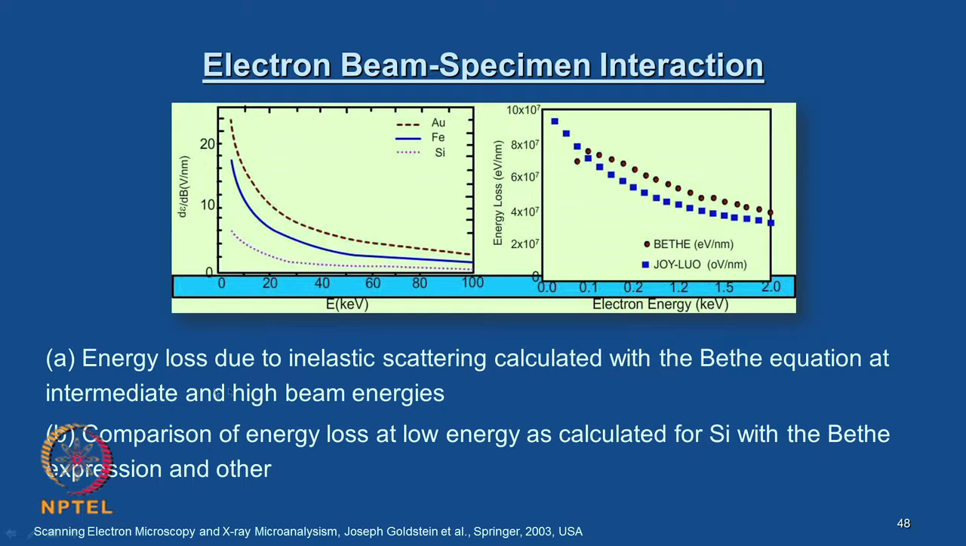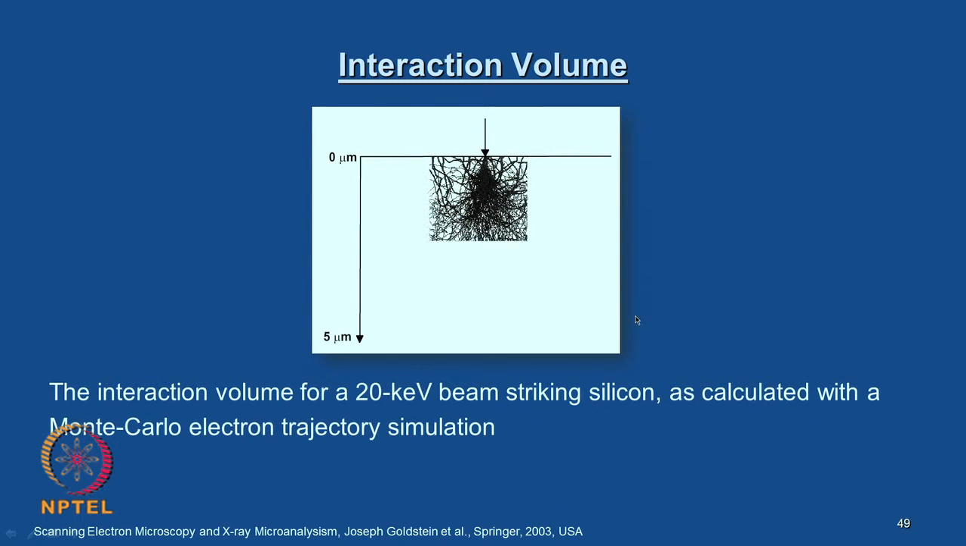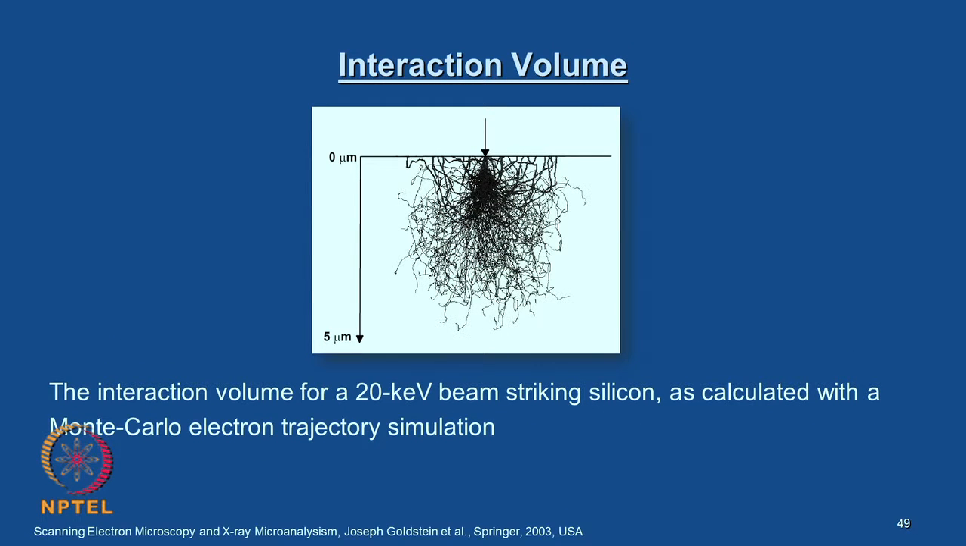And plot B is the comparison of energy loss at low energy as calculated for silicon with the Bethe expression and others. So, how this energy loss occurs as a function of electron volt. So, now, what you are going to see is